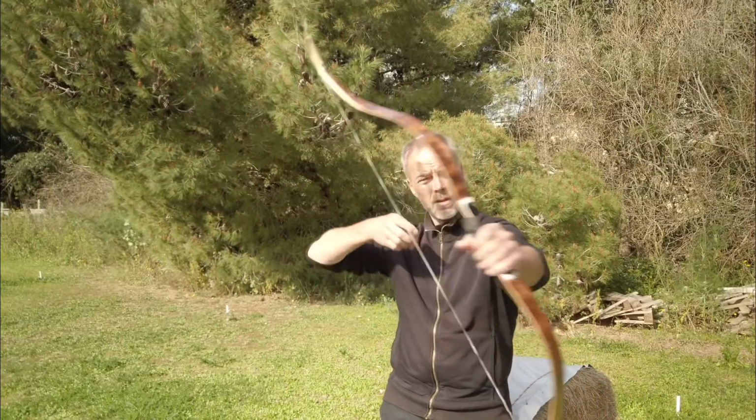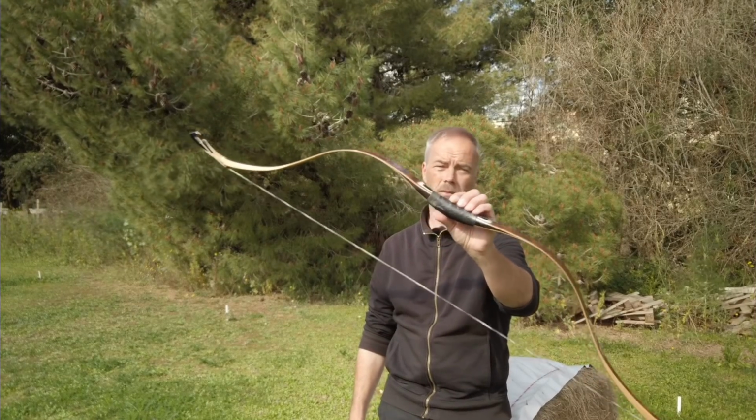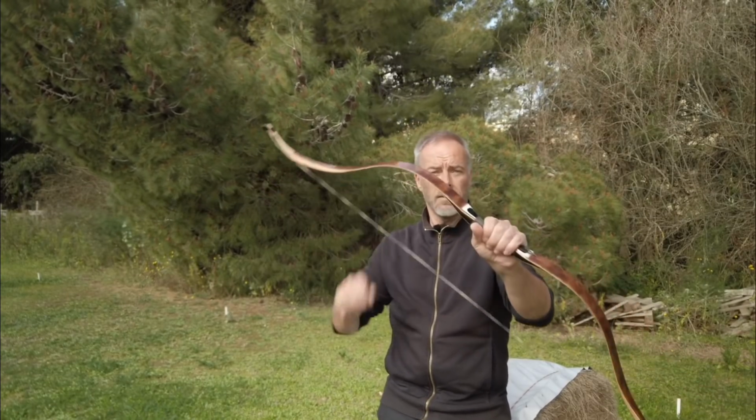Only 28 inches Mediterranean, it kicks the arrows nice away. You can use lightweight arrows that are roughly under 10 grain. So I think 9, 8 grain, something like this is fine for this bow. I didn't feel